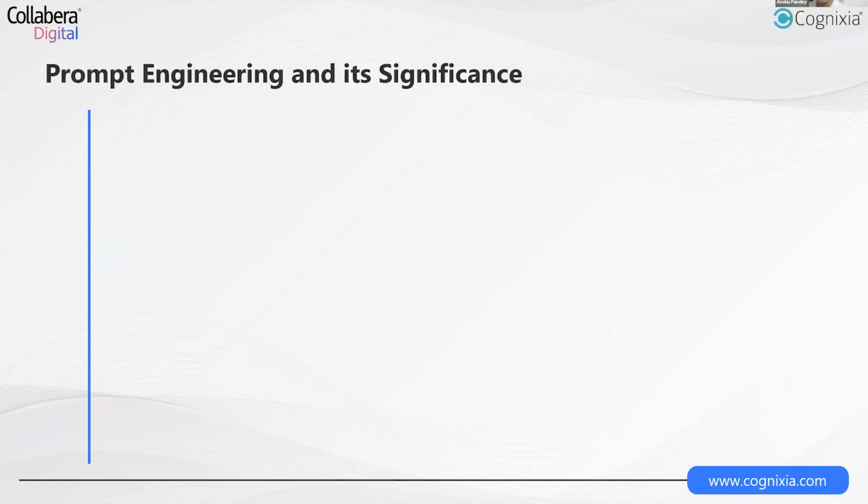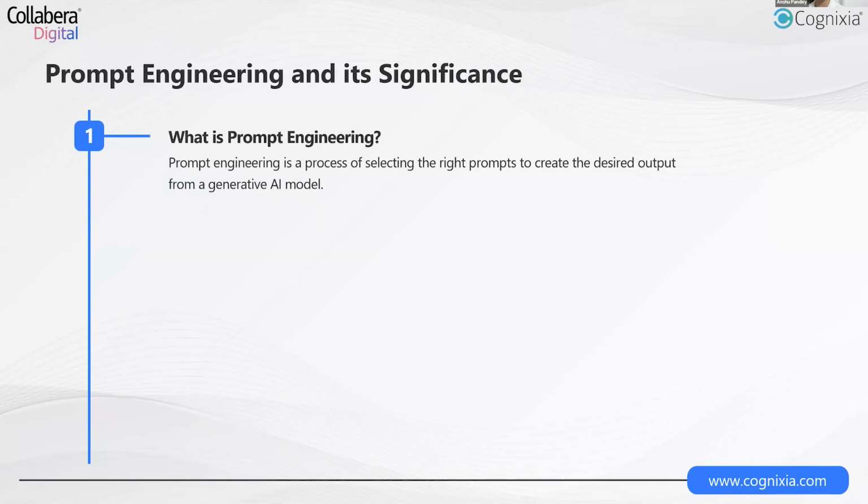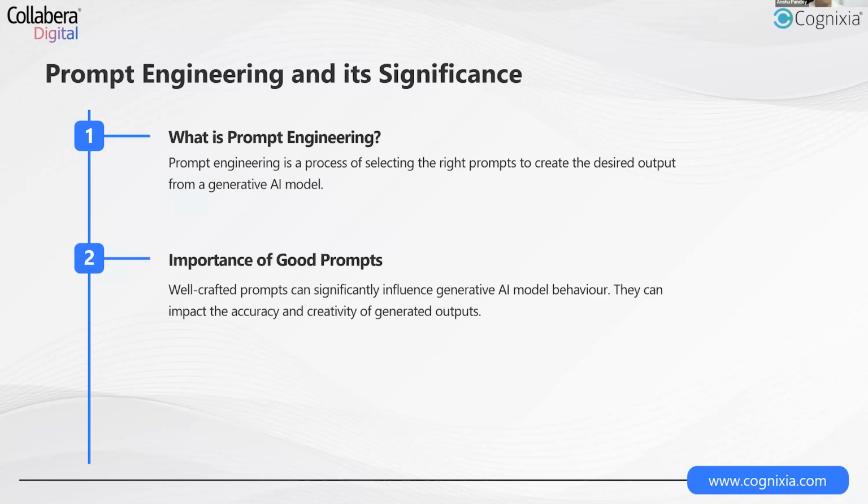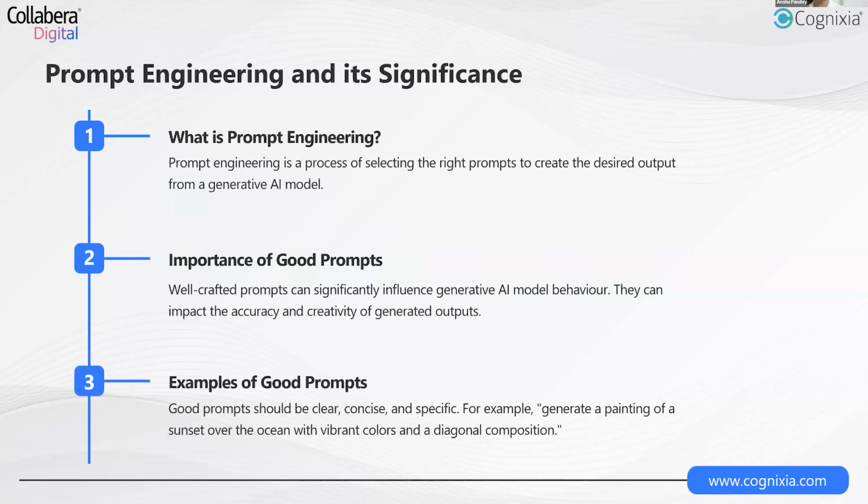A lot of people complain that they don't get good results with OpenAI or ChatGPT. It's just because the prompt is not that effective. A lot of people across the world are using ChatGPT and GPT engines in a super effective way to automate the majority of their tasks, only because they use effective prompt engineering. So prompt engineering is a process of selecting and crafting the right prompts so that you can get better results. If you have good prompts, it can help you get the most optimal results out of generative AI engines. An example of a good prompt is one which is clear, concise, to the point, and detailed.